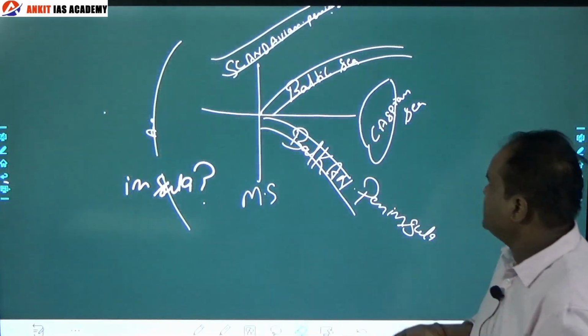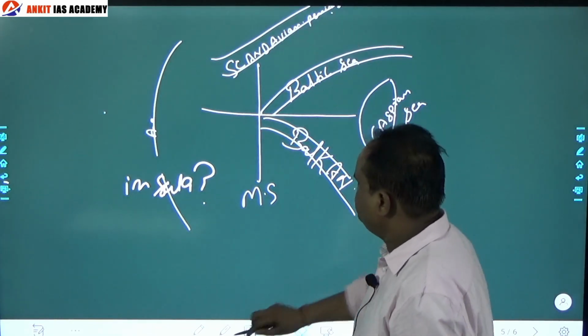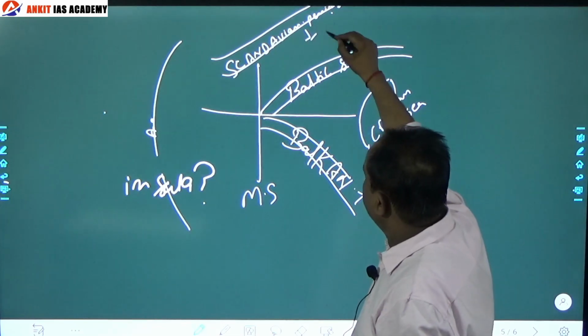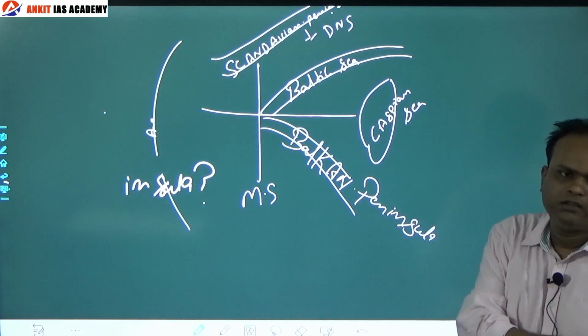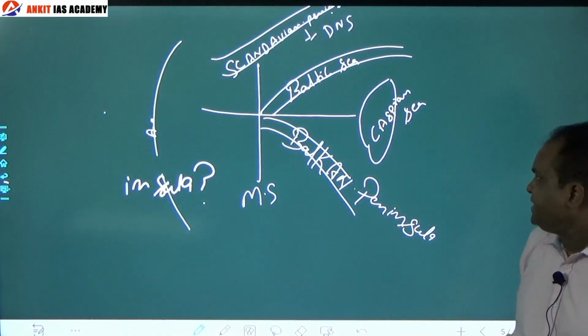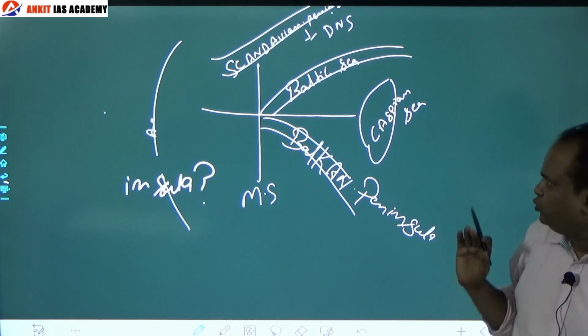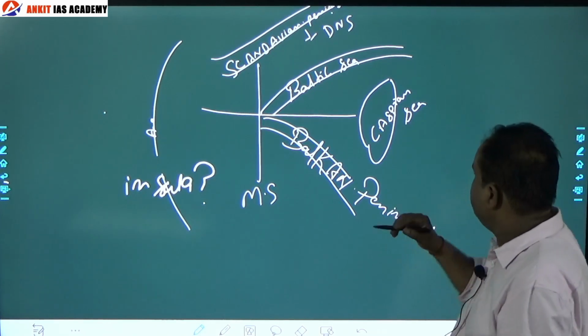As we have discussed, the Scandinavian Peninsula is located in the north of Europe, which comprises Denmark, Norway, Sweden. Next is the Baltic Sea. The Baltic Sea is located to the northeast of Europe. Under this, there are 3 countries: